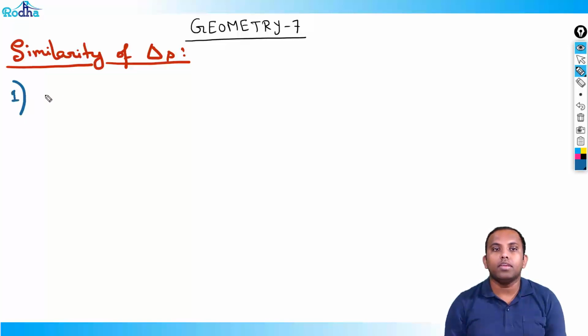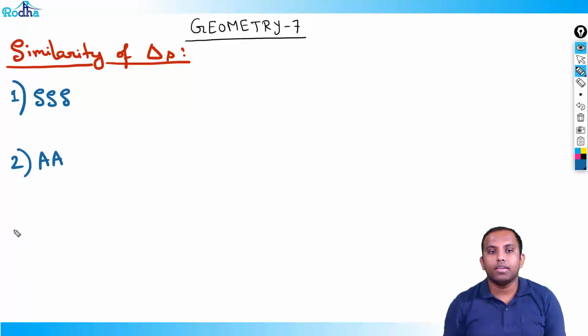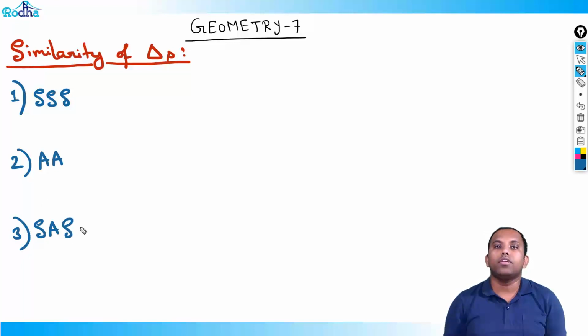There are three ways basically. First is SSS, second is AA similarity, and third is SAS similarity. There are three ways by which we can prove two triangles to be similar. Now, what is SSS similarity? So SSS similarity is basically